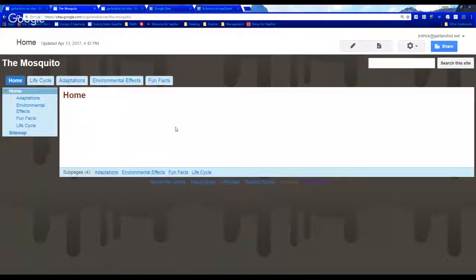Once we are here, the kids have the template that you created, and they see from this project what I want from them is information on the life cycle, adaptations, environmental effects, fun facts, and a gallery. So I'll go through with them and show them how to add pages, and I can do the same here, how to add pages, how to add pictures. And like I said, being a part of Google allows them to link everything that they have to this website. So if we start with life cycle,